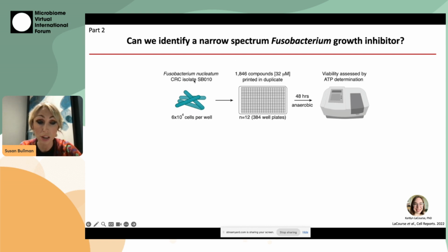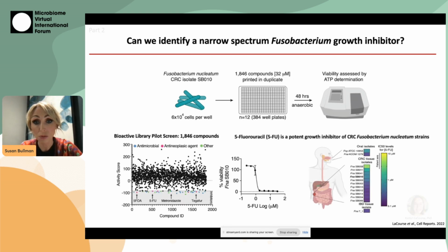We grew Fusobacterium from a clinical isolate, seeded it into these wells, grew for 48 hours, and measured growth through ATP. This was a luminescent assay. When we initially began working with this, setting up our conditions, we used a pilot study. What was interesting from the pilot study is that we had a serendipitous finding that in addition to our